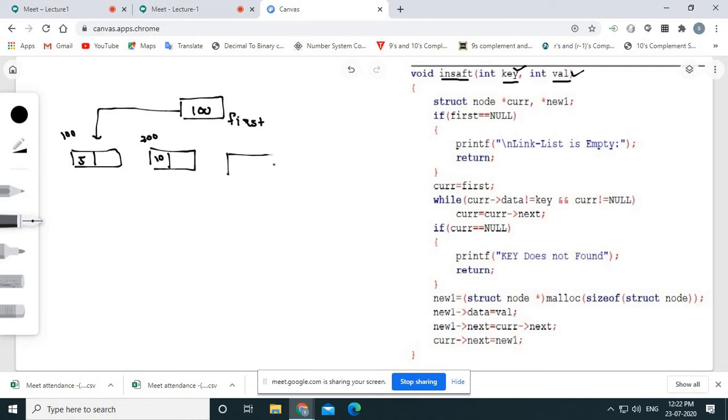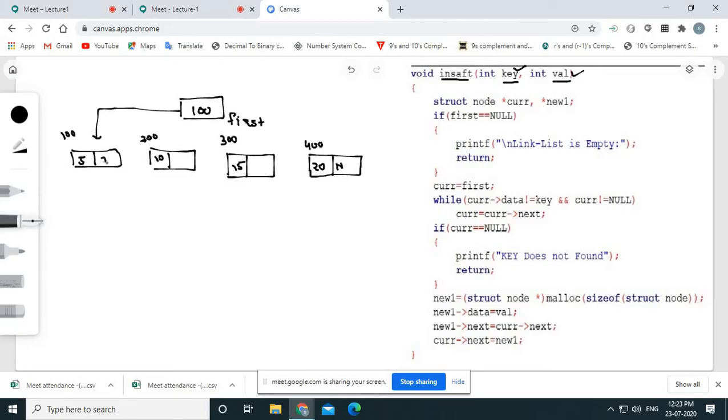Suppose this is my third node, right? We are just taking 4 nodes for our example. So this is 300, and suppose this is one more node that is called 400. This is the last node, and we know that the last node's next part has to be null, right? Suppose here the user has inserted 20, here 15 is there, right? 10 and 5, these are the values inserted by the user.